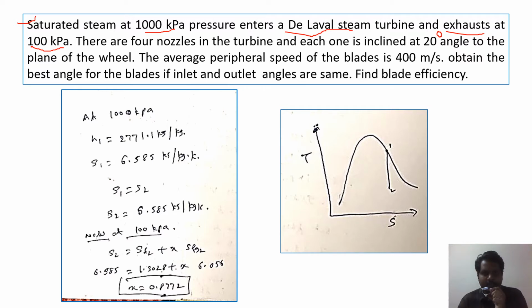The average peripheral speed of the blade is 400 meter per second. Obtain the best angle for the blades if inlet and outlet angles are the same. Find the blade efficiency. Okay. Here the given data is,